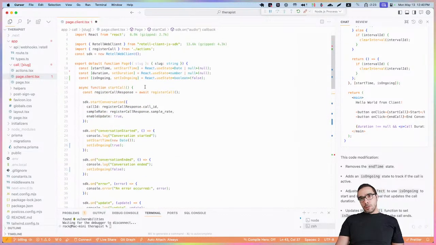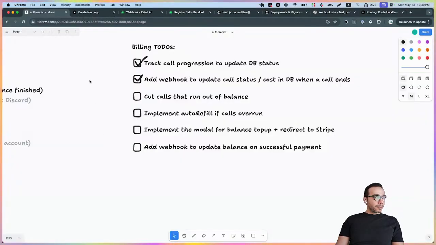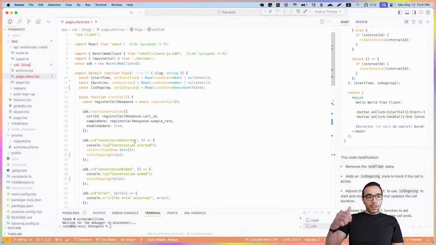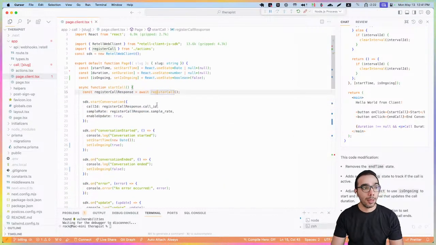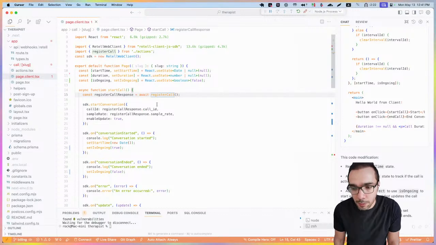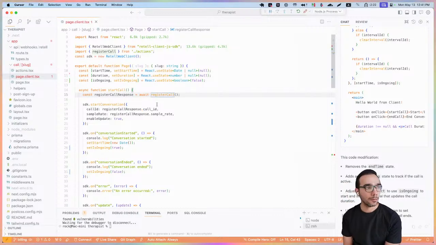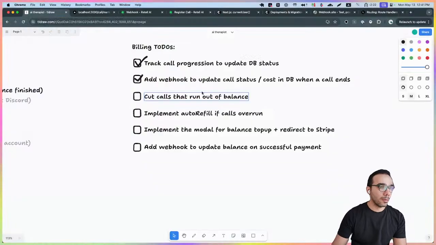So I guess what you could do is at the start, when you register the call, we can figure out what the balance is, and then we would need to know the person's... Okay, let's say that. And if duration is above... so first we need to know if the user has auto refill enabled, so that we can automatically trigger the refill function. As first things first,